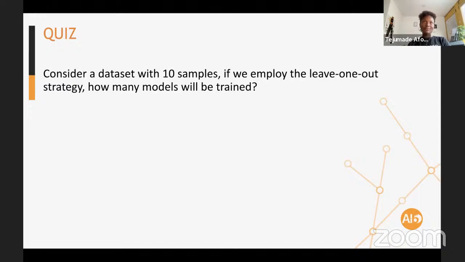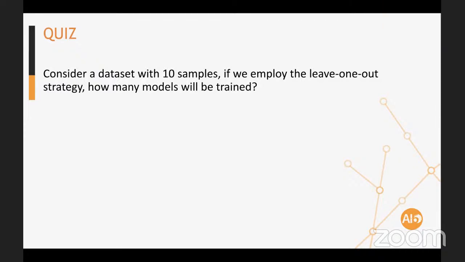What do you think? Akredi said 10. Combination and permutation. 9 times, 10 times, 9 times, 8 times, 7, something. This is we are leaving one out. That's 10 factorial, something like that.